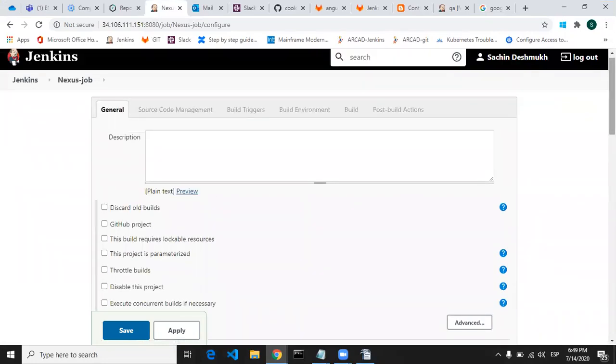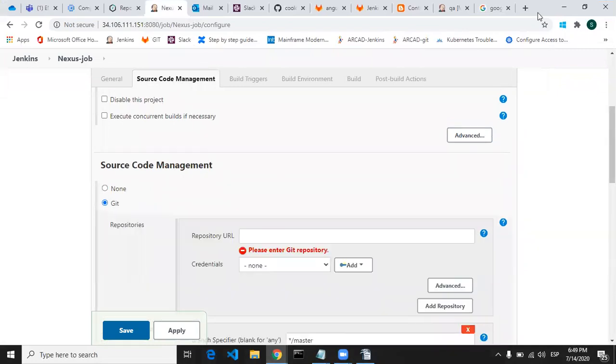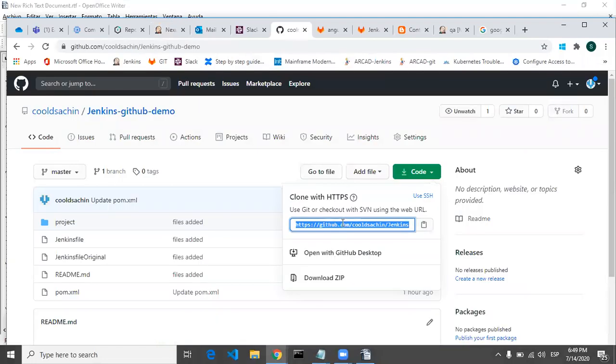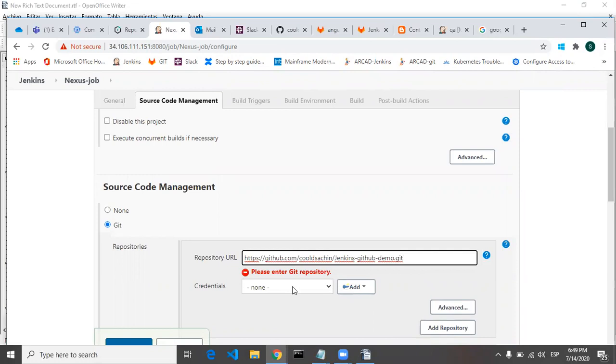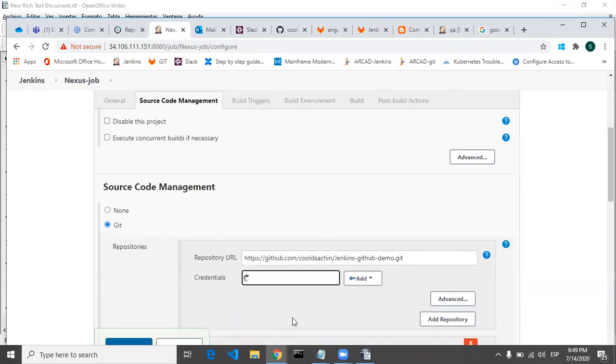Okay, so let's check again, git, then we have to select the repository. Let's copy this, Nexus, Control V, then credentials. You have to give the GitHub credentials here, and then